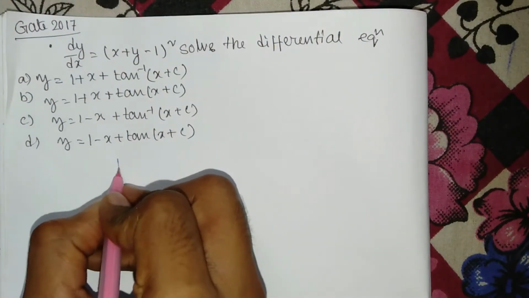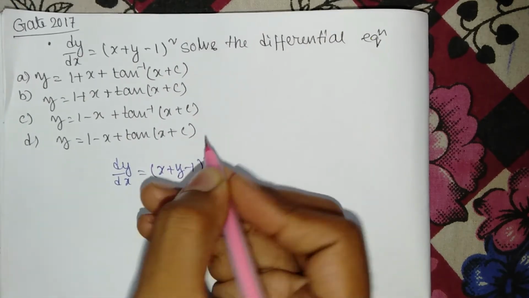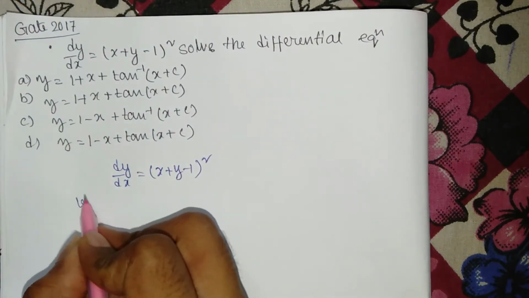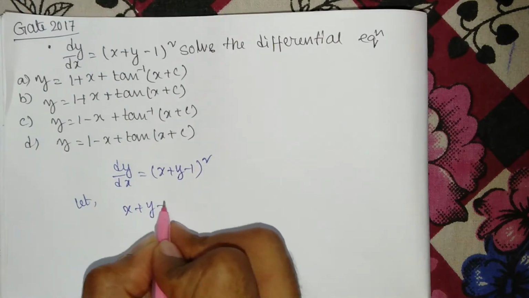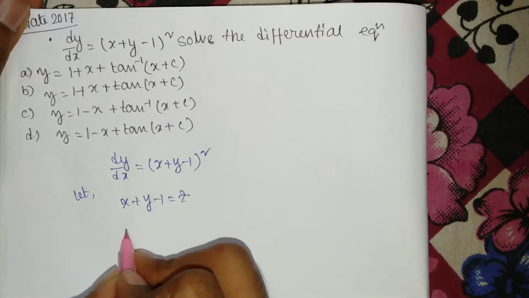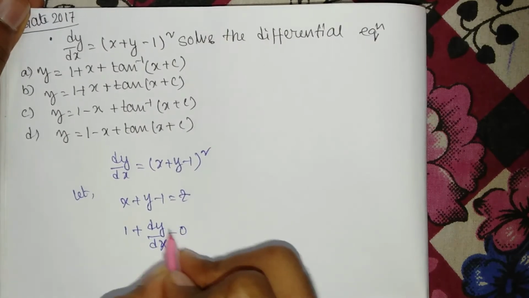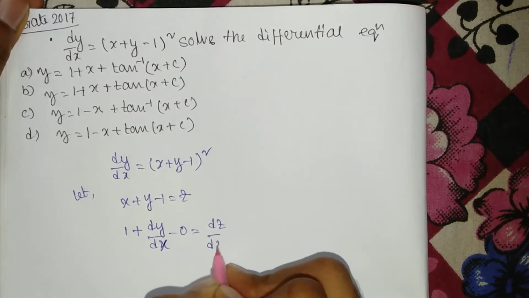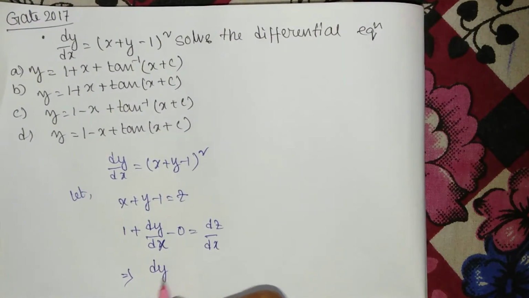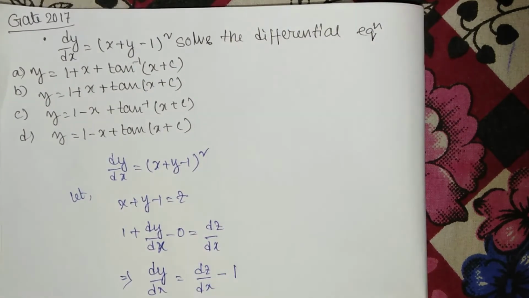So the solution for the given differential equation: dy/dx is equal to (x plus y minus 1) whole square. You have to let x plus y minus 1 is equal to z, and then the derivative with respect to x is 1 plus dy/dx, the constant term's derivative is 0, is equal to dz/dx. Then dy/dx is equal to dz/dx minus 1. Now